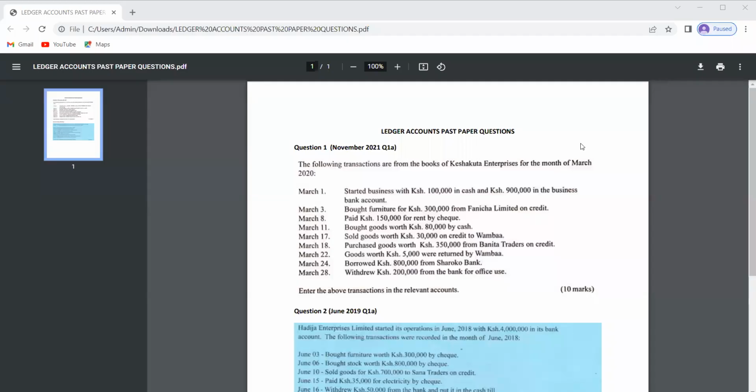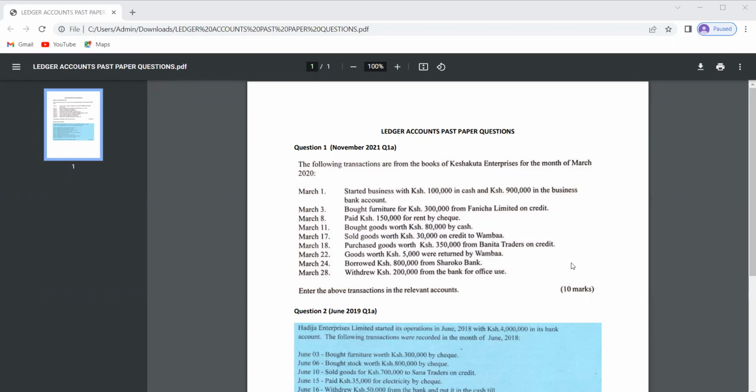November 2021, question 1A. Remember, question 1 is normally compulsory. So this question, all the students were required to attempt it, and it was having 10 marks about the ledger accounts. You are told that the following transactions are from the books of Keshakuta Enterprises for the month